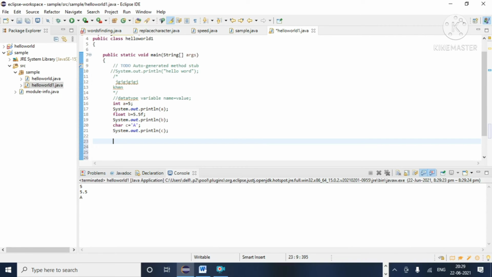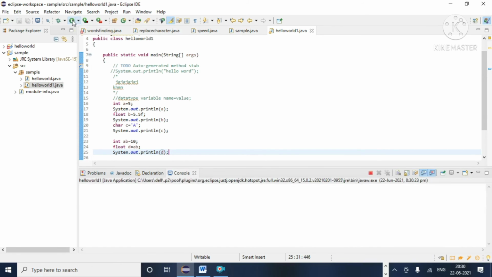For example, take int a equal to 10. Okay, we already used a, so ab. Then let's take another, float d equal to ab. Then sysout d.